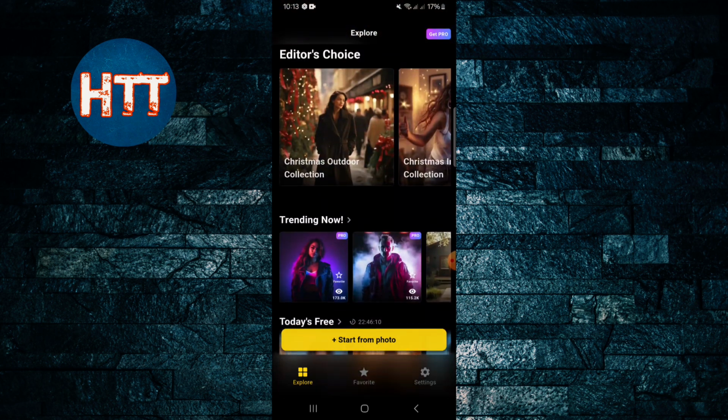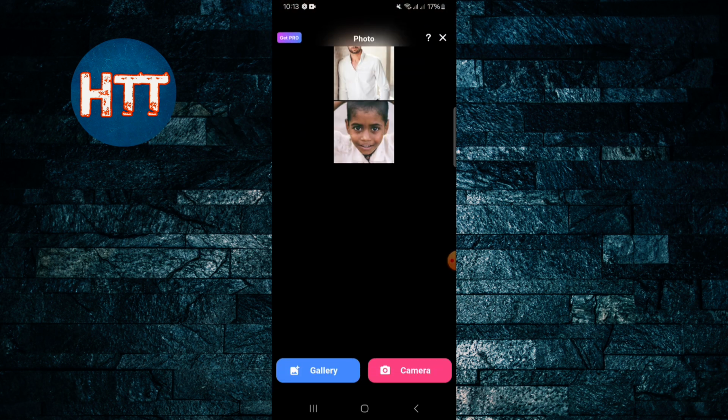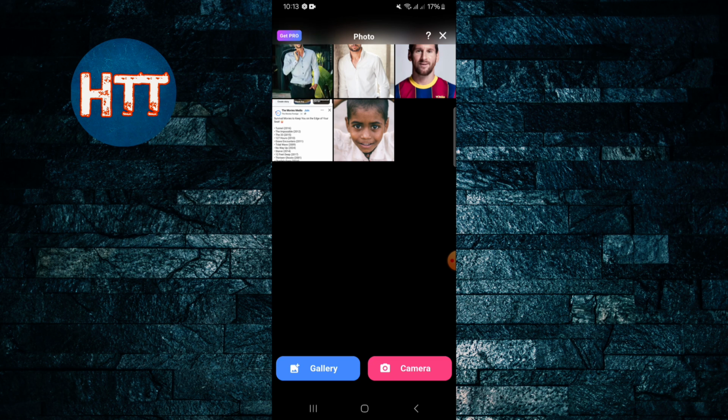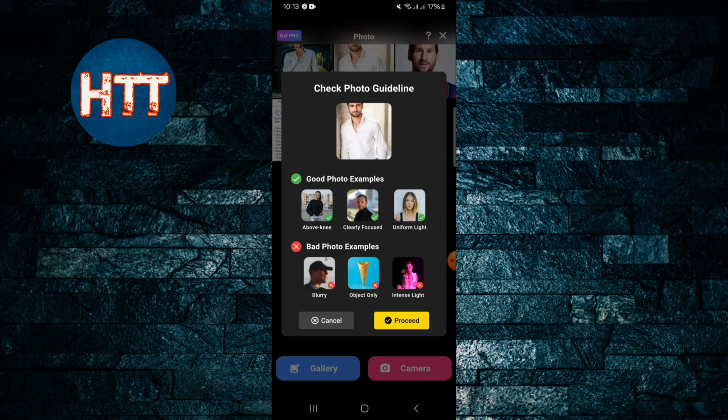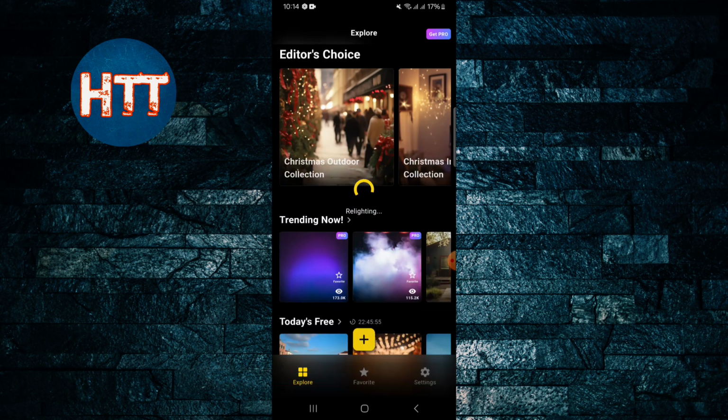So for example, I'm just going to tap on Start from photo. Then you have to choose the photo. So I'm just going to choose this photo, a good photo example, and here you can see they give the example. So proceed. You just need to wait,